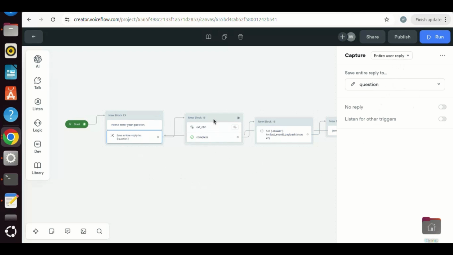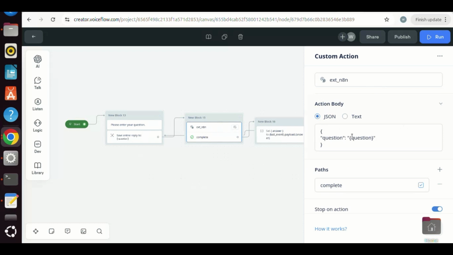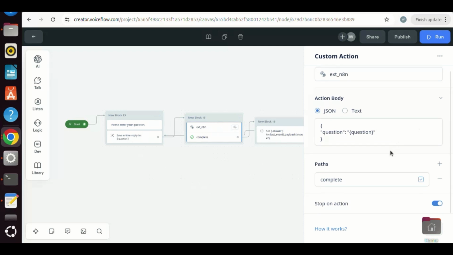We use a custom action block to implement an extension. The type name is ext_n8n. In the body, we select the JSON. In the data, we have the question as the key and the value is passed with the question variable. In the path, we enter complete. Finally, we turn on this stop on action, so the chatbot will wait until DeepSeek finishes and